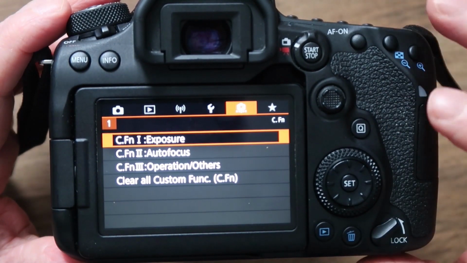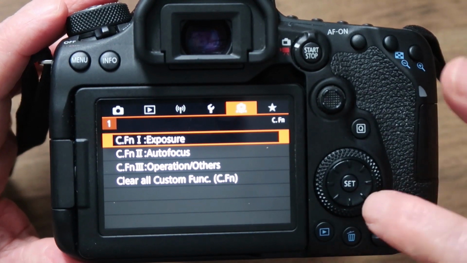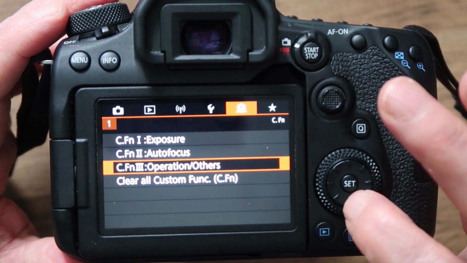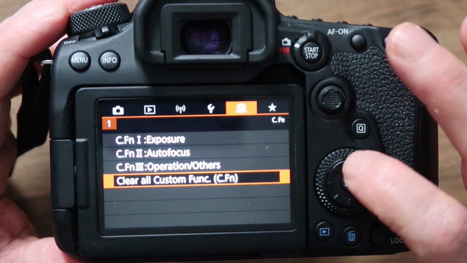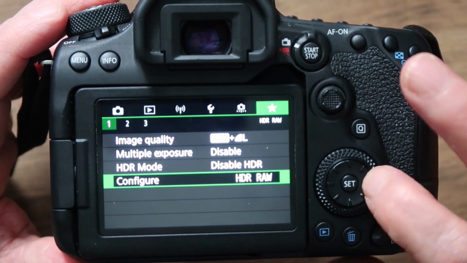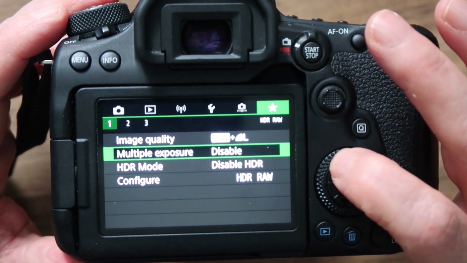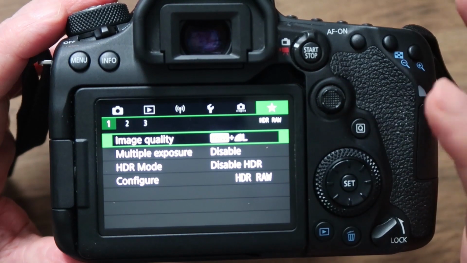And these are the custom controls. Like if you're an experienced photographer and you want to change all of the settings, you can do that. But if you're not, I've just left them. I don't change them. And then in here you can set settings that you want to access